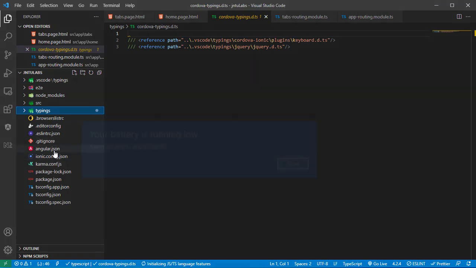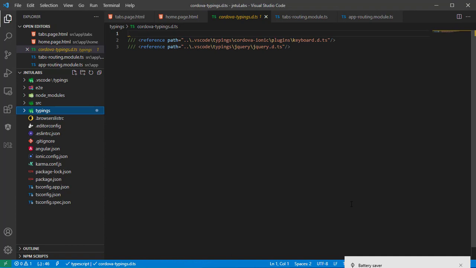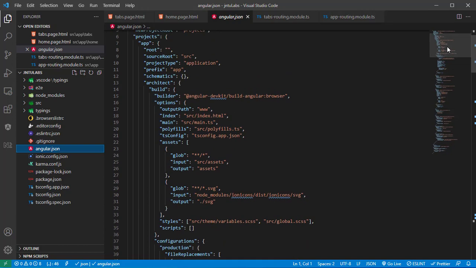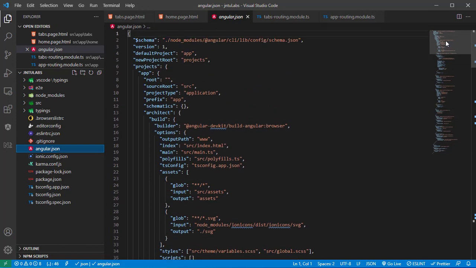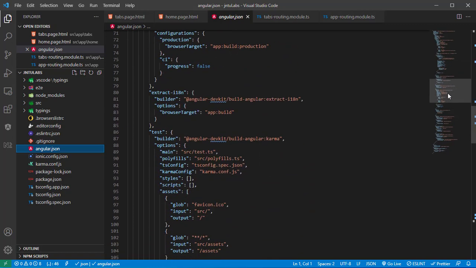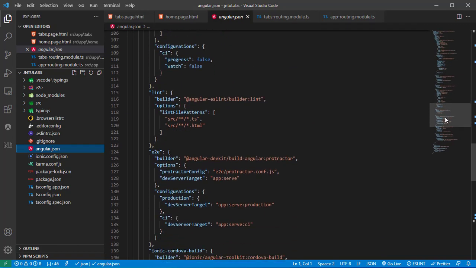Okay, let me add this. So basically angular.json, all the modules like schematics, everything is present here. Where you have libraries like bootstrap, if you are installing, you need to add it out here.